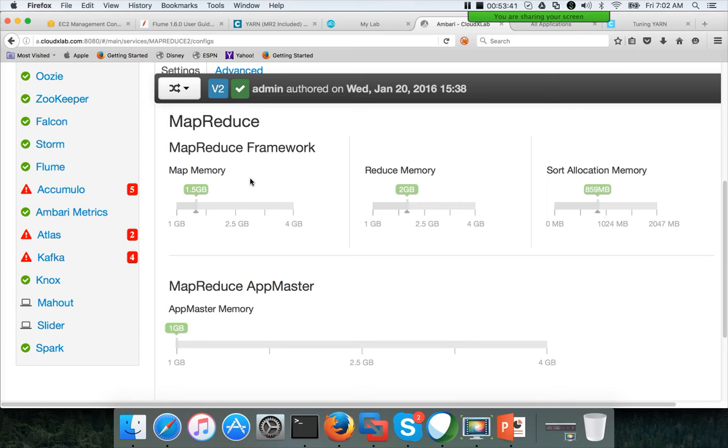So if you recollect, our container minimum memory is 1 GB and maximum memory is 4 GB, and here we have set map memory to 1.5 GB and reduce memory to 2 GB, and these settings should be within the range of 1 GB and 4 GB. It should not be beyond those values. So we are defining that any container that executes in yarn has to be in the 1 GB to 4 GB range.